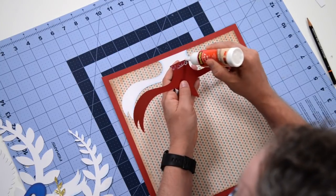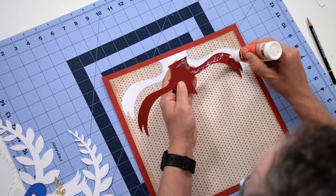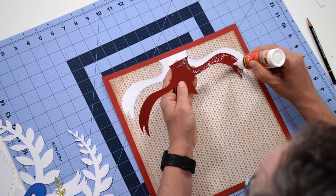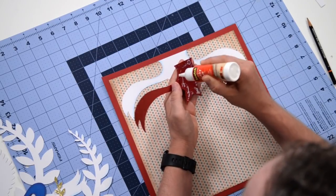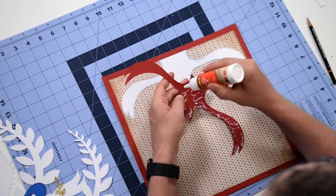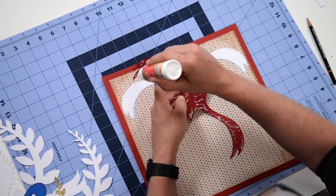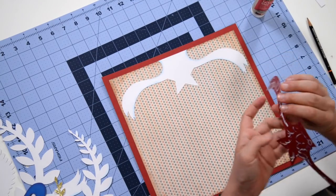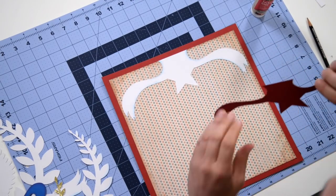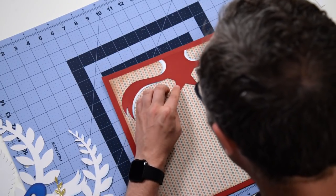Okay. Like the white piece below this red piece that's about to go down. There's little areas there that are completely hidden. You don't want to waste your time inking things that are just going to be hidden anyway. But I mean, it's good practice too. So if you want to, that's fine. That way you're sure you didn't miss anything. But again, I try to be efficient with my time as I can,